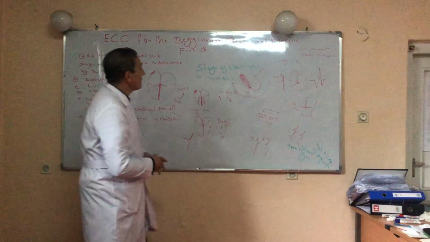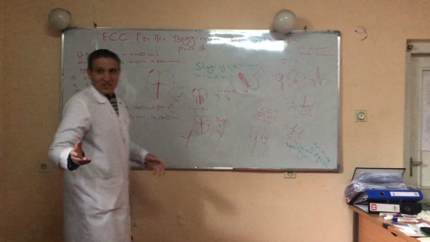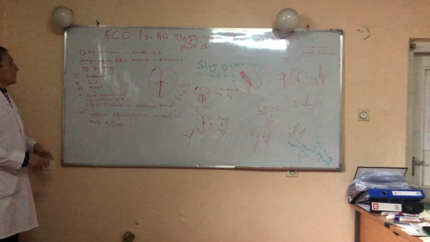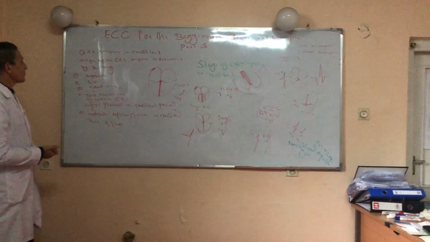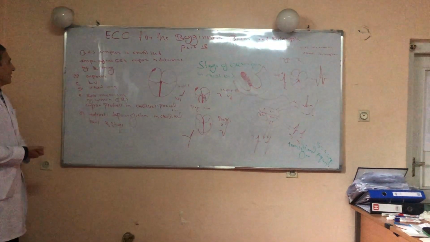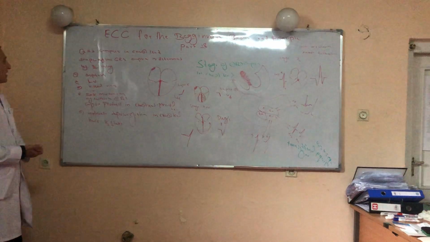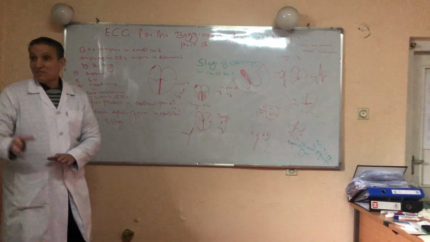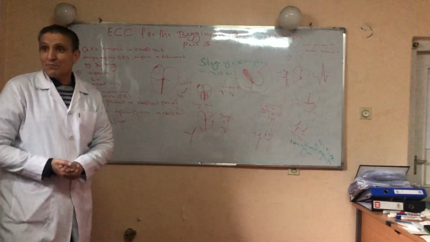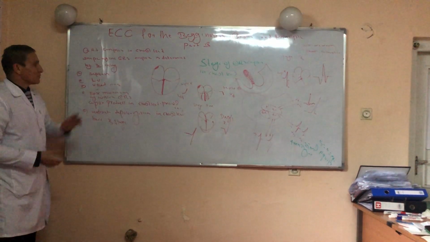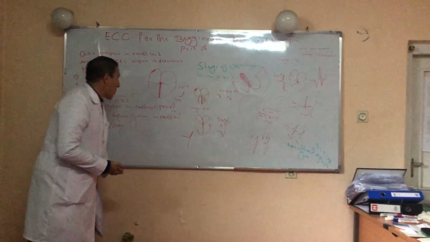Today our lecture is a very short lecture. Right now we will be discussing the shape of the QRS complex in chest leads, and three main factors play a major role in its formation. The first one is the septum. What is the role of the septum?